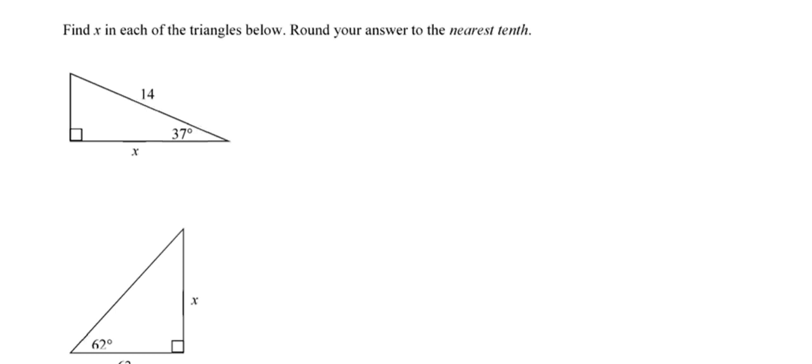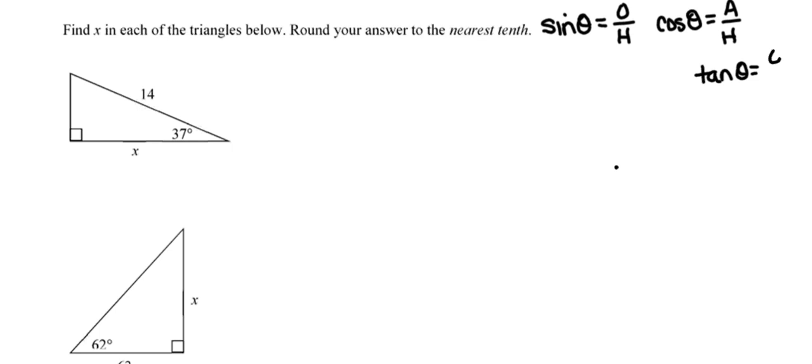about those trig functions. I'm going to ask you to recall that the sine of an angle is the ratio between its opposite side and its hypotenuse, that the cosine of an angle is the ratio between its adjacent side and the hypotenuse, and that the tangent of an angle is the ratio between its opposite side and its adjacent side. These are going to be important in helping us determine which trig ratio we're going to use to find